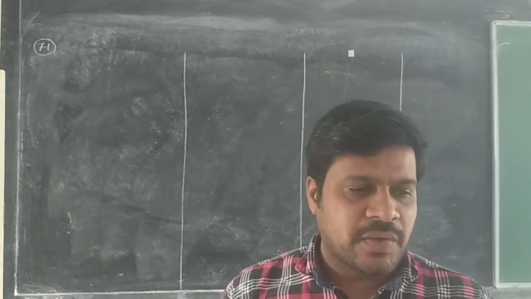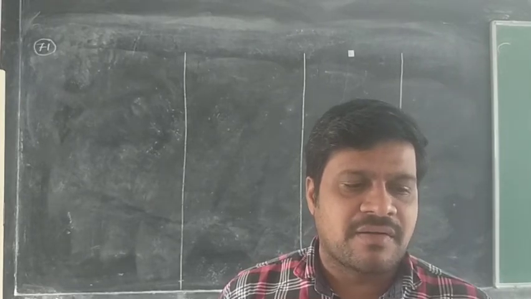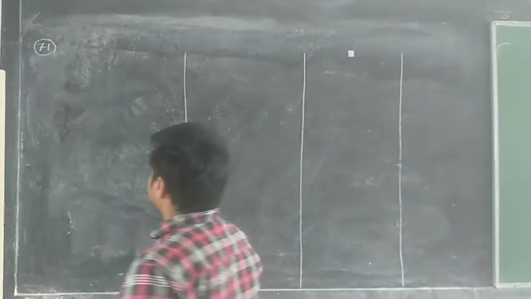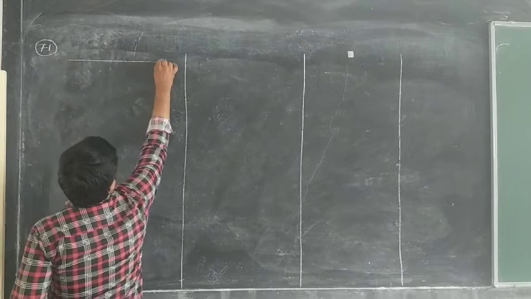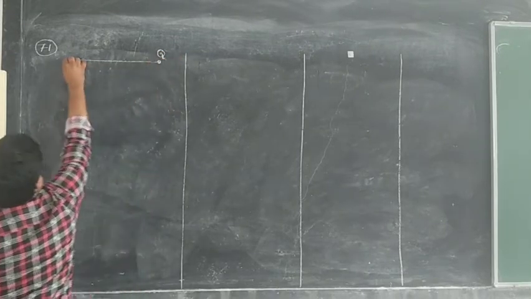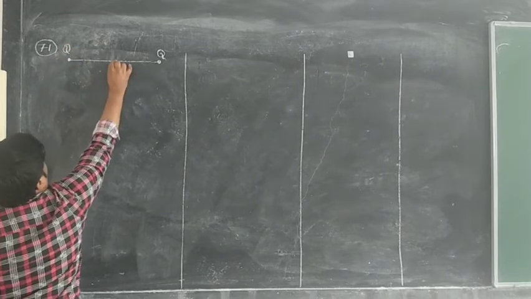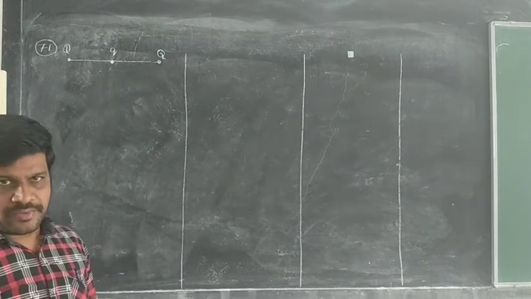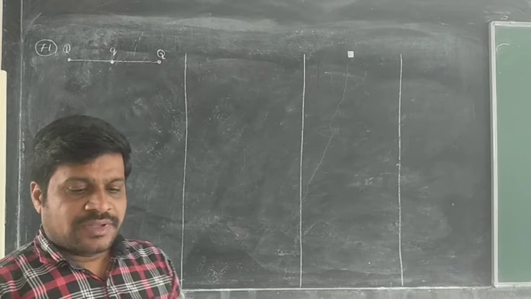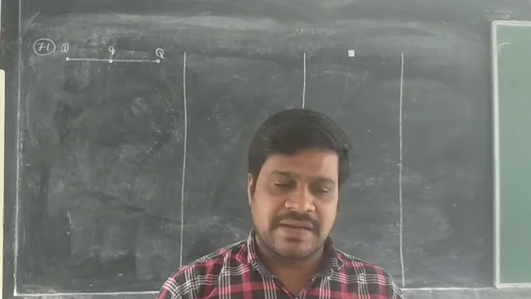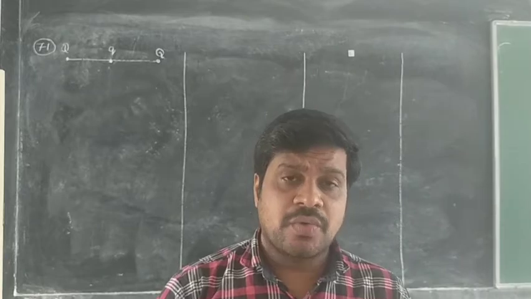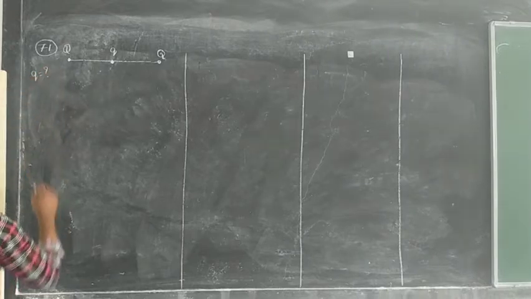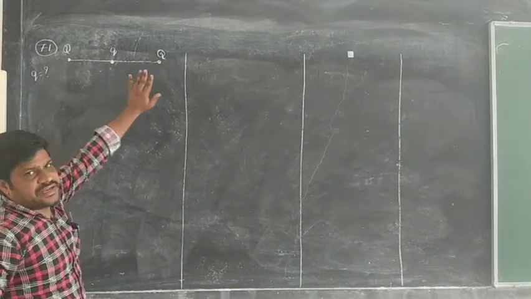A charge small q is placed at the center of the line joining two equal charges capital Q. The line joining the two charges capital Q we can take like this, and thereafter at the center there is one more charge, small q, which we have taken like this. The system of three charges will be in equilibrium if small q equals what? For that, the system of these three charges is in equilibrium.